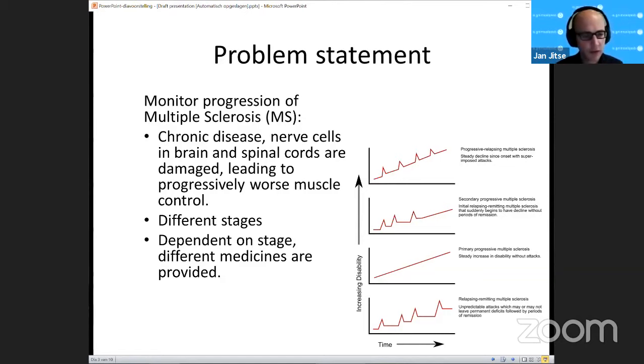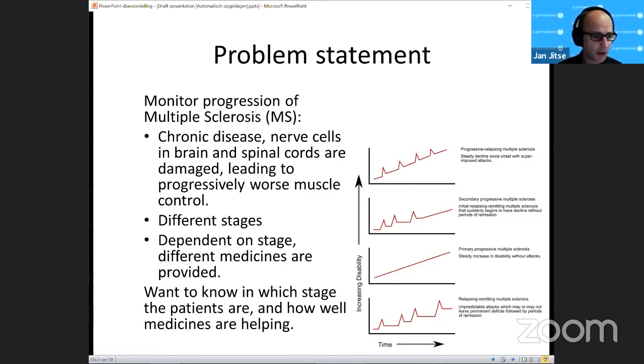And so you want to know, and patients themselves want to know, where am I? In which stage am I? What kind of things should I do? What shouldn't I do? That sort of thing. So that's very interesting for the patients, the doctors, and also pharmaceutical companies want to know, so they can provide new medicines.